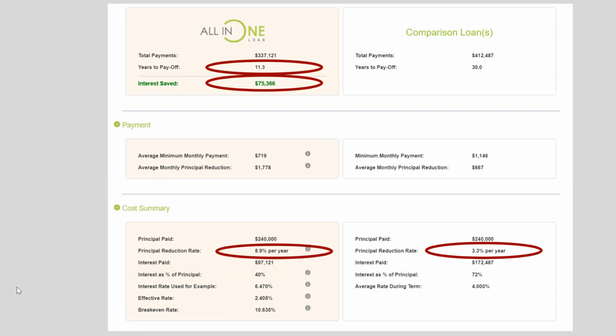loan, if followed precisely, would take $337,000 to pay that loan balance off, as compared to the comparison loan, the 30-year fix, at $412,000. The years to pay it off would be 11.3 years, and the interest saved would be $75,000 and change, about $75,400. If we go down to the bottom of the page, the principal paid on both scenarios is